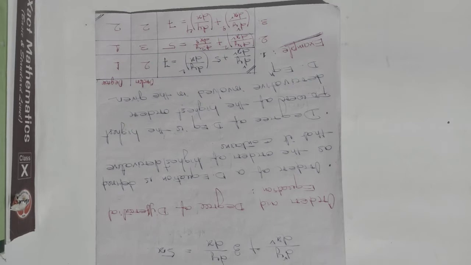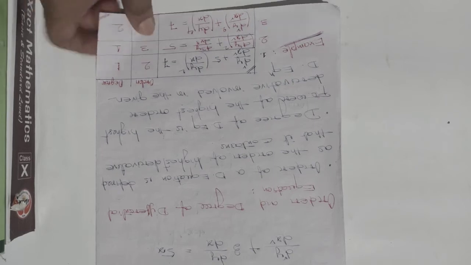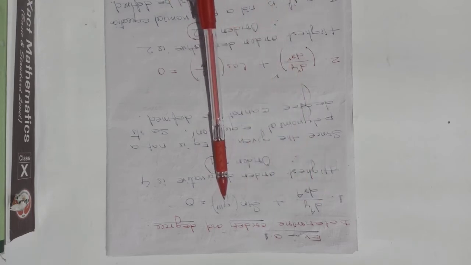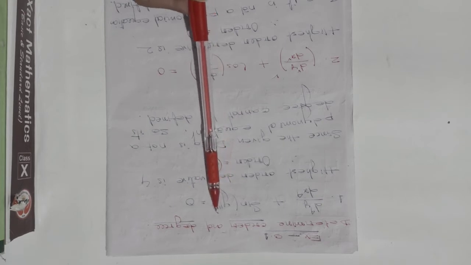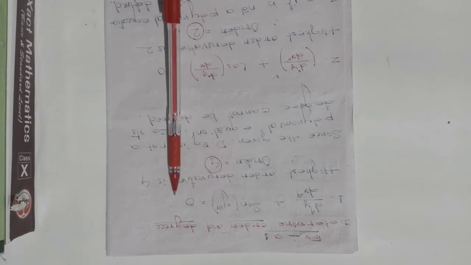So students, I hope all of you understood how to identify the order and degree of a differential equation. Next, there are a few questions based on that. Determine the order and degree of this differential equation. First question is d4y by dx4 plus sin of y triple dash, meaning third order, equal to 0.